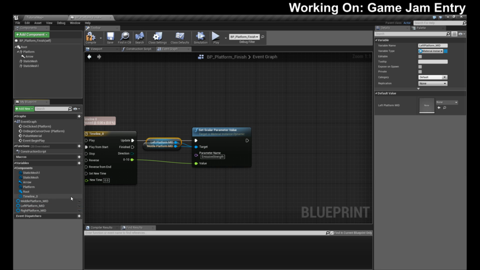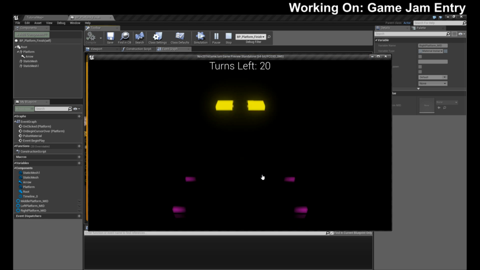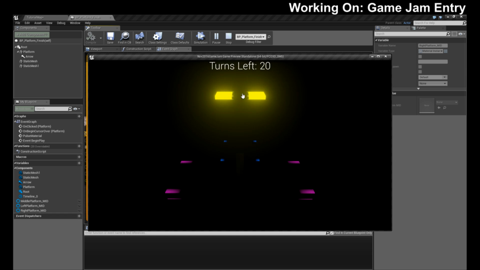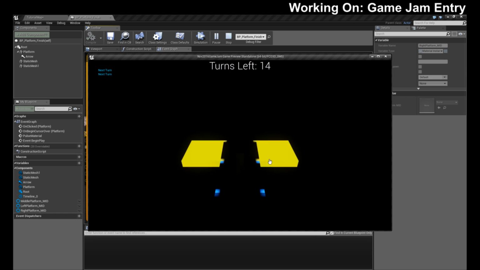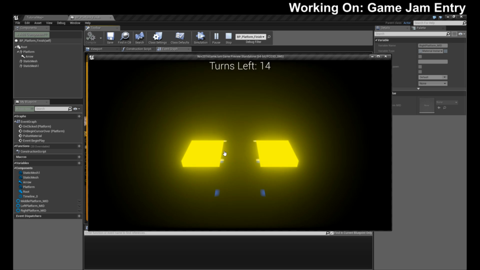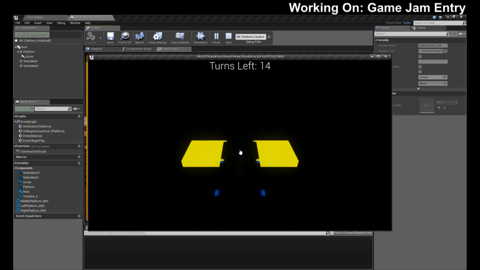Now, if I'm right, this will work. I should be able to drive all three of them from the same node. We will find out. Woo! Granted, I shouldn't be able to do it from here, but that's really bright. Whoop! Whoop! I think that's the goal.